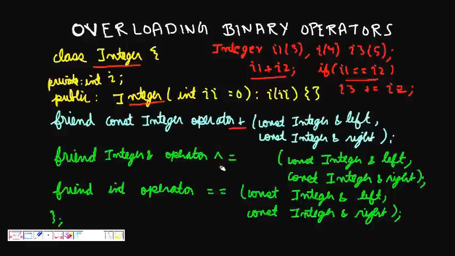Then the next thing is that whatever operators we like, such as plus equal to, these things I'm defining. Let's first see. Again we use friend functions. Friend functions can access the private member attributes of the class for which they are the friend. So now this function operator plus can use the private member attributes of this class.